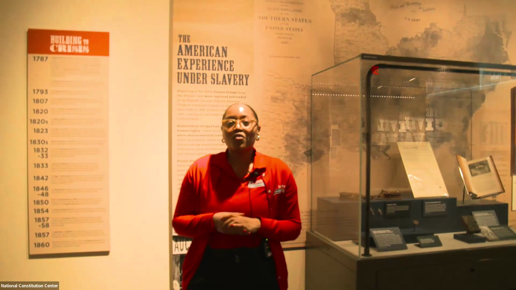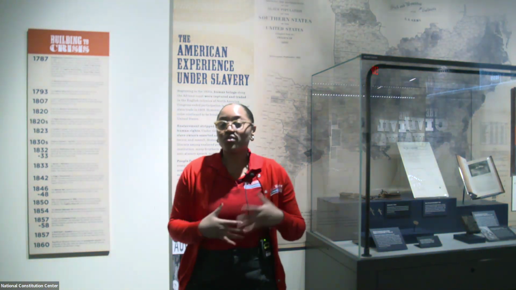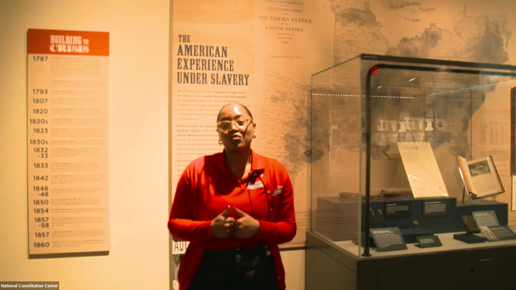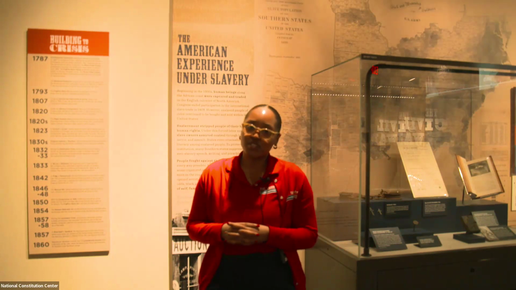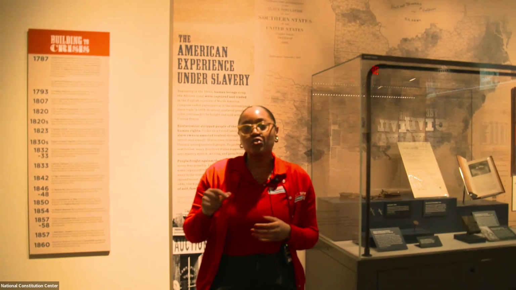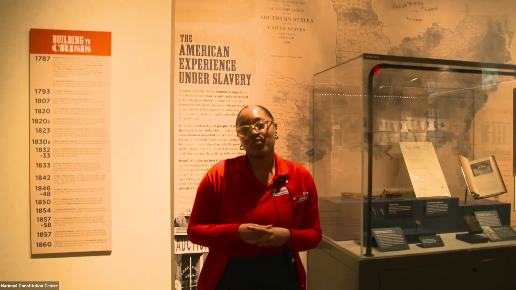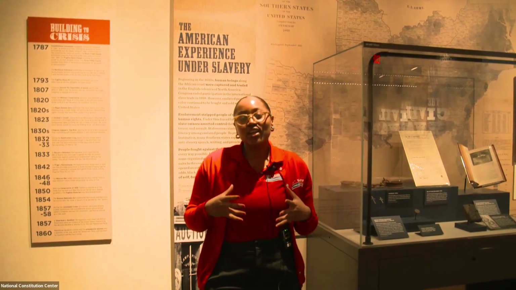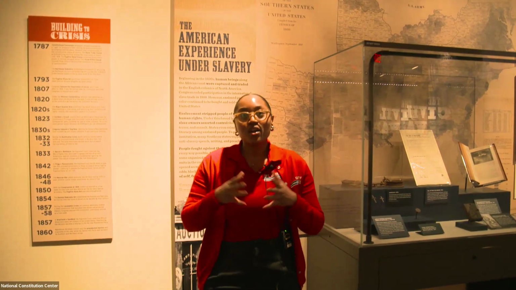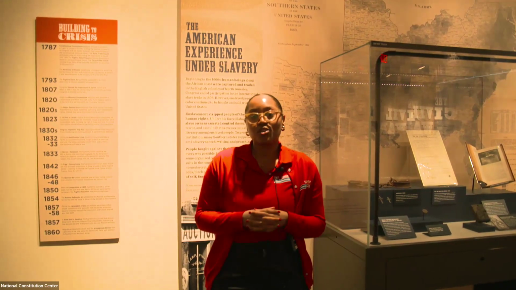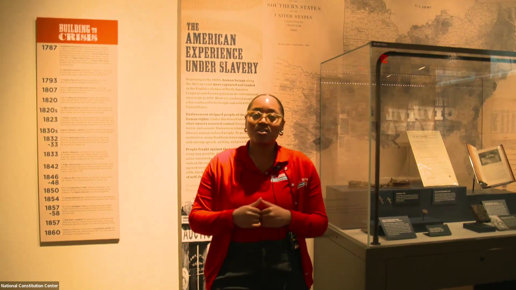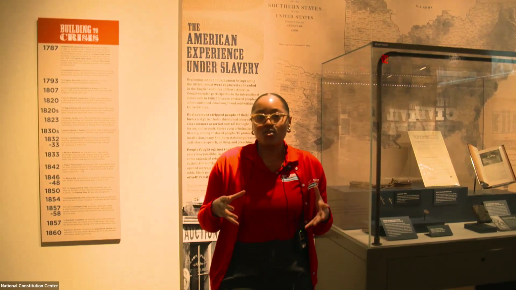While there, different delegates from different states came here to Philadelphia to initially talk about amending the Articles of Confederation. The Articles of Confederation was the first form of government that the United States had after the American Revolution. But they quickly realized that this document was not working. A lot of people were unhappy about what it said within the document. And so as a result, they came here to Philadelphia to try to sort it out.